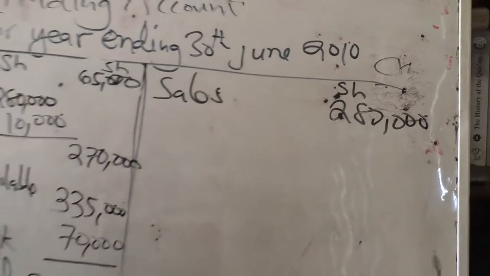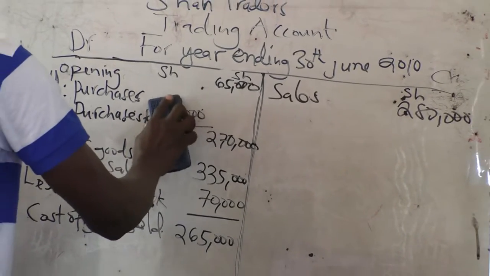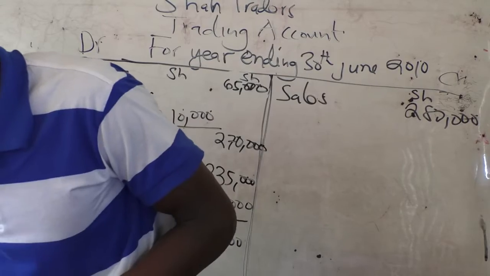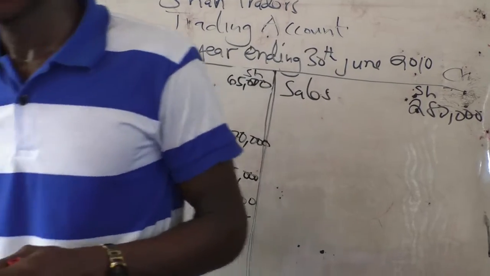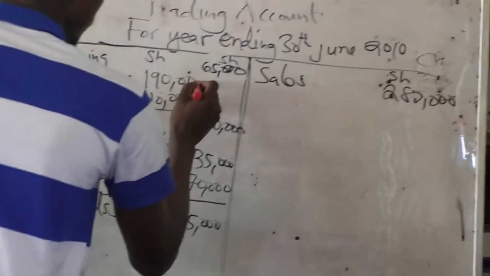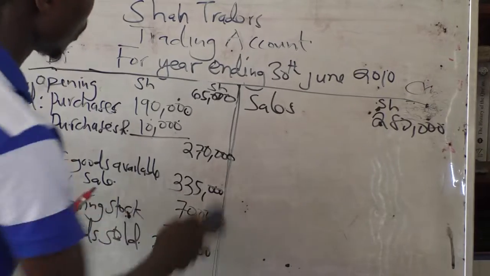The mistake is that we used the 280 which is supposed to be 190. So 190,000, we're going to put. If you subtract this one, sorry about that,